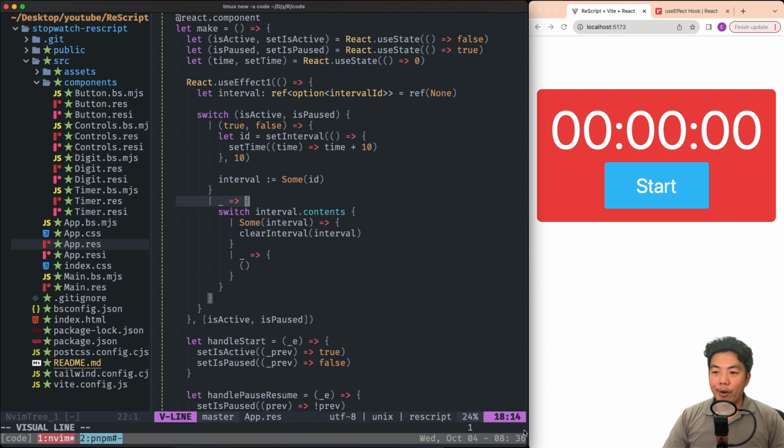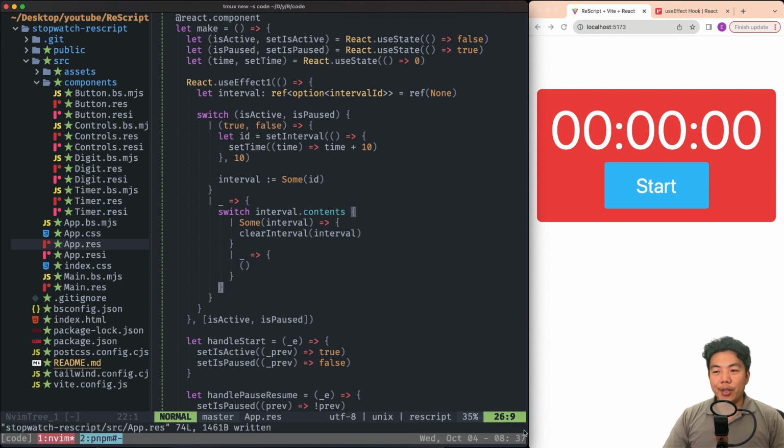Else, and we don't care what else is here, whether it's true and true, or false and false, or false and true, we don't care. We just say that we want to read from the interval contents, and if it has the interval ID, we're going to use the function clearInterval to clear that interval. Otherwise, we don't do anything. We just return a unit type.